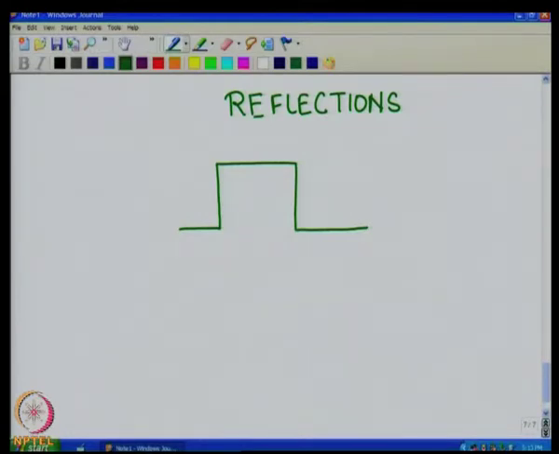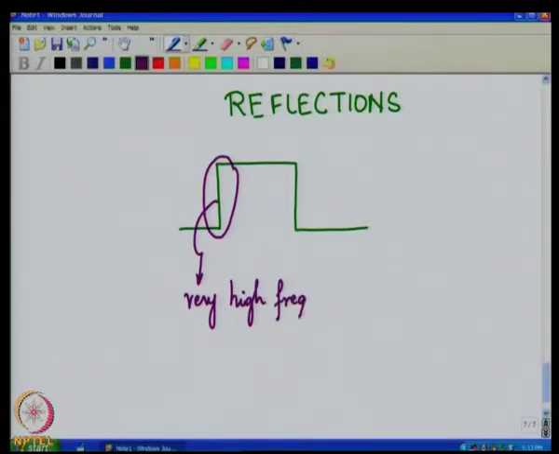and all these types of circuits have a high frequency part. Even though your clock frequency may be low, this part is a very high frequency. And this has a lot of harmonics which can go to megahertz and gigahertz ranges. So, if you see the rise time, the one which I am drawing here, the rise time going from low to high is a very high frequency,